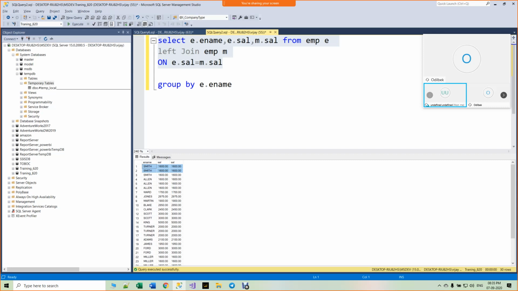Check it. Your join having some problem. Okay. Are you able to follow? Yeah, I'm following. Write a query to find out same salaries having two different employees.